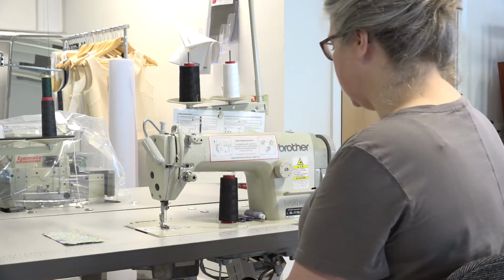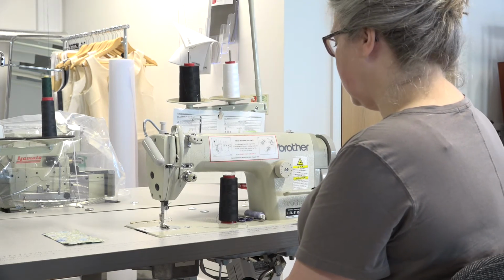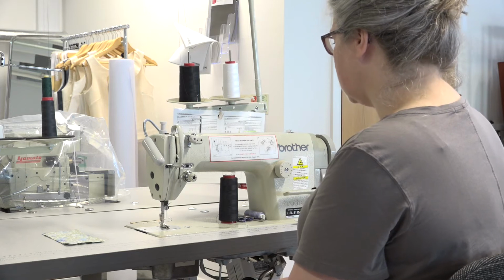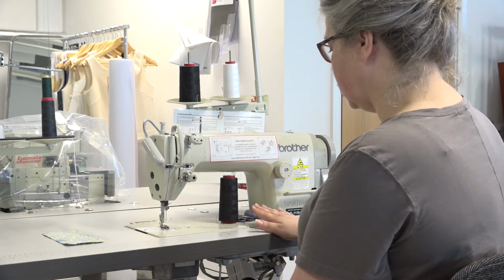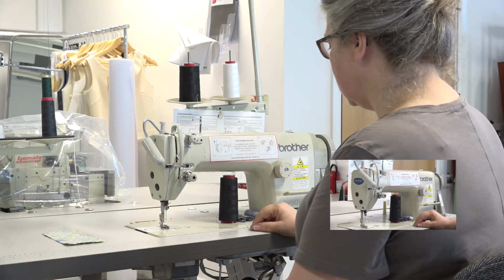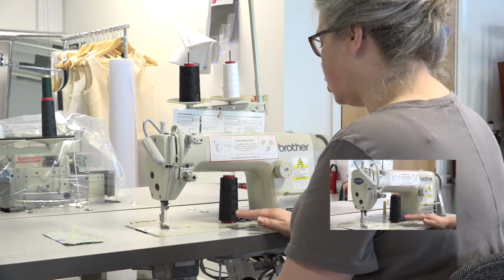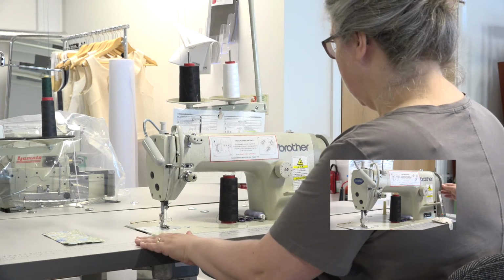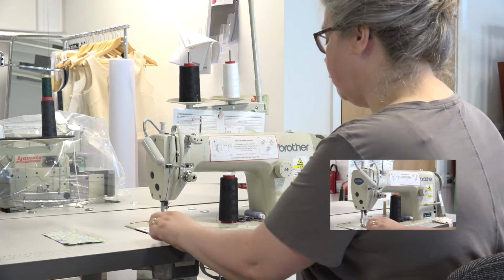if our hair is to fall forward. Also, another thing to consider is if the machine is switched on or not, as this one is switched on and you can hear that there is no noise. It is a silent motor. So we need to be aware that our feet don't catch on the treadle and cause the needle to move. Even when our machine is switched off,